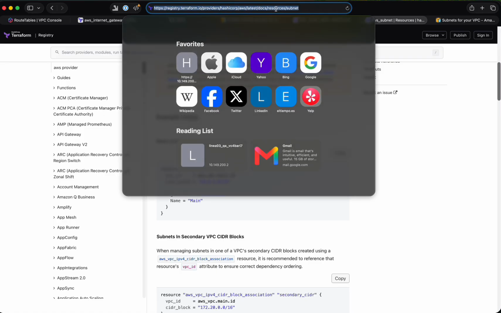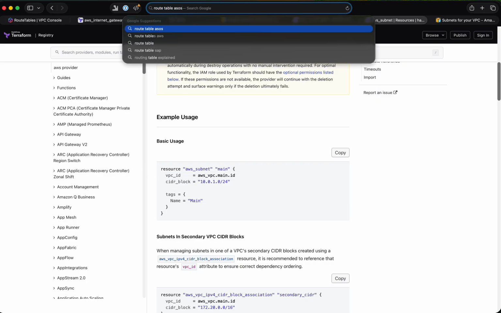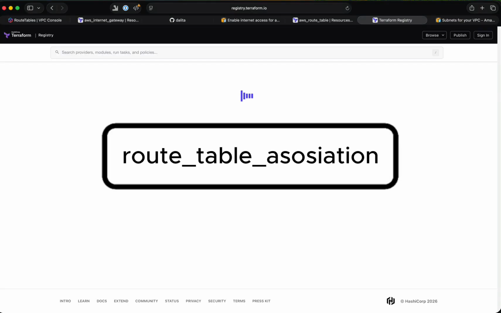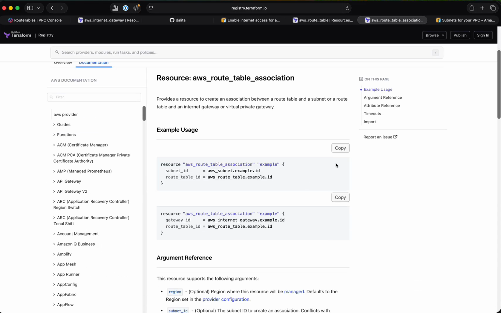Right now, our VPC has a route table, and we also have a subnet. But these two resources don't know about each other yet. That's exactly what a route table association does. It tells AWS which route table a subnet should use. Just like we've done throughout this episode, we'll start with the official example and adapt it to our